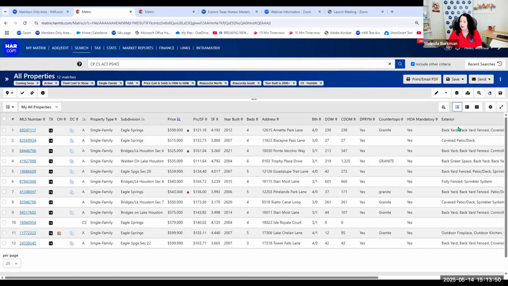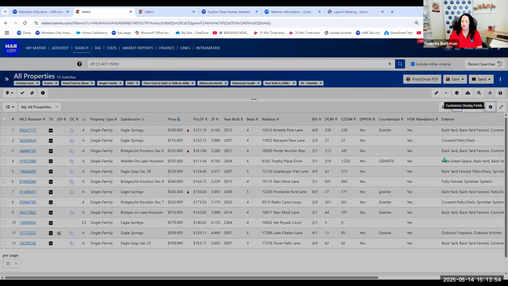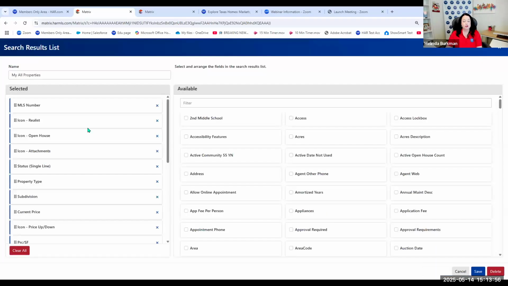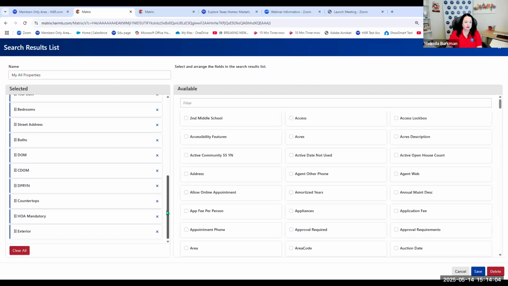If you want to add some fields, you can go to the gear right here. Okay, just like the criteria, you've got the columns listed here that you already have. You can move them around, and just by dragging them, you can exit one if that's not one you need anymore.